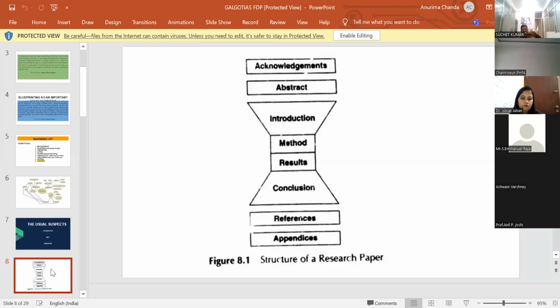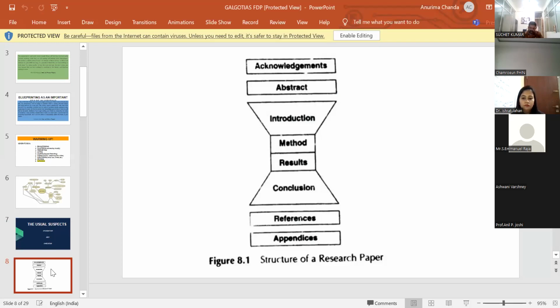If you want a pictographic understanding of how your research looks, this is the standard image, and I'm sure everybody knows this. You start with your acknowledgement, you start with your abstract. These are 2 individual identities which are exclusive of each other, so they are separately blocked over here in different rectangles. Then you have this 1 major block. There is an introduction, there is method and results, which is the body, then there is the conclusion. They are all interconnected.